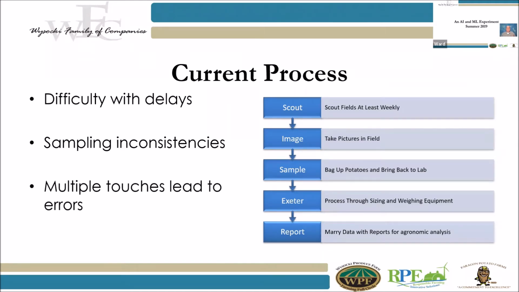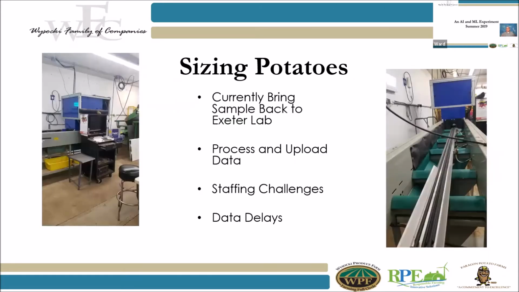So when we get it back, what do we do with them? They bag up the potatoes, they've taken a picture of it, they bring it back to this machine here. The potatoes come in, they go in that big blue box. Inside of that big blue box, they get their picture taken under a strobe light, and that will actually give us some pictures of what the potatoes look like.